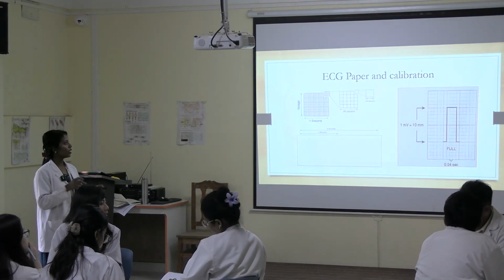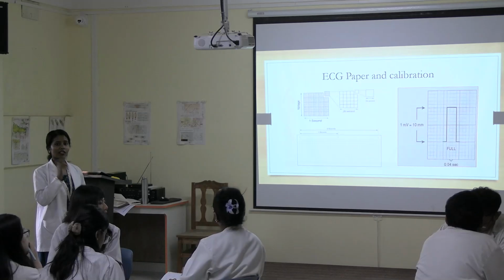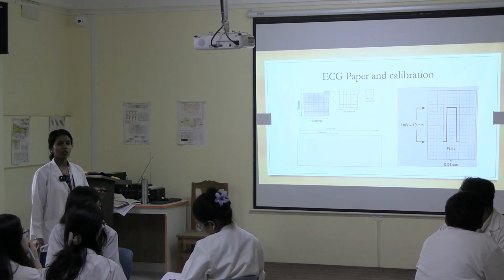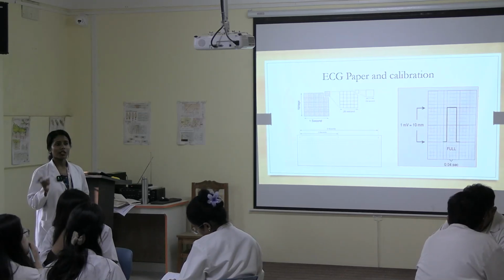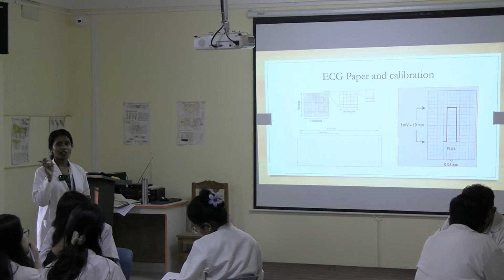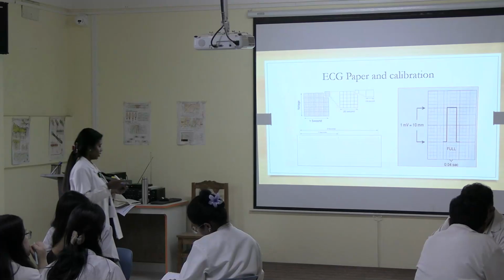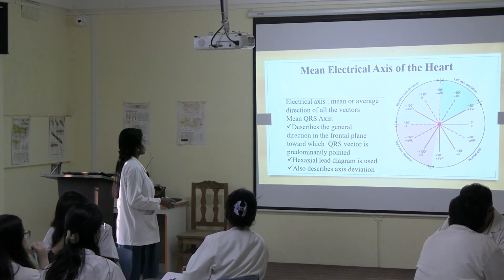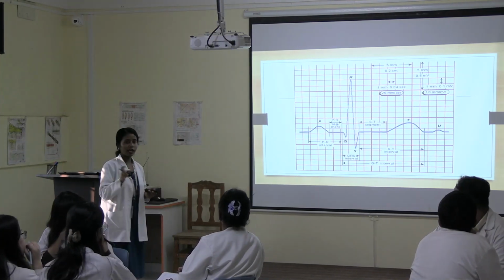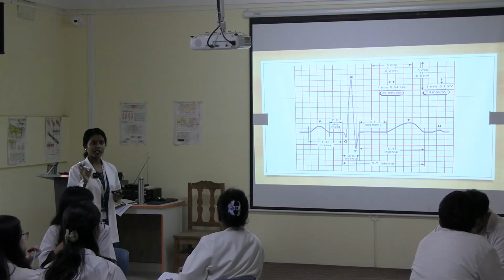Okay, for the regular, the formula is this one. If the heart rate is irregular, then you have to count the number of boxes, then count how many RR complexes there are, then multiply by 10. Okay, I'll show you. So you are clear how to calculate the heart rate. Till that part you are clear, right?